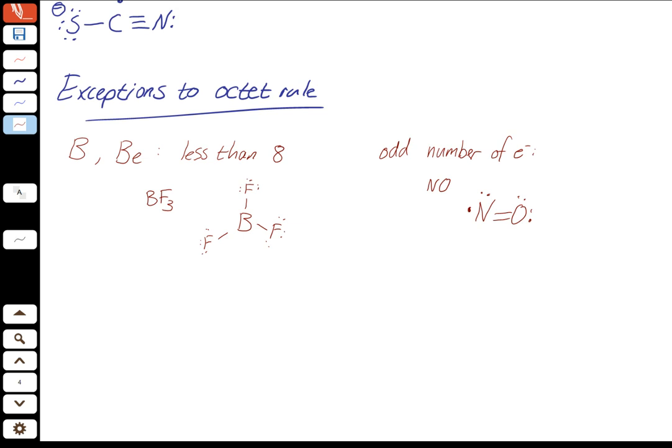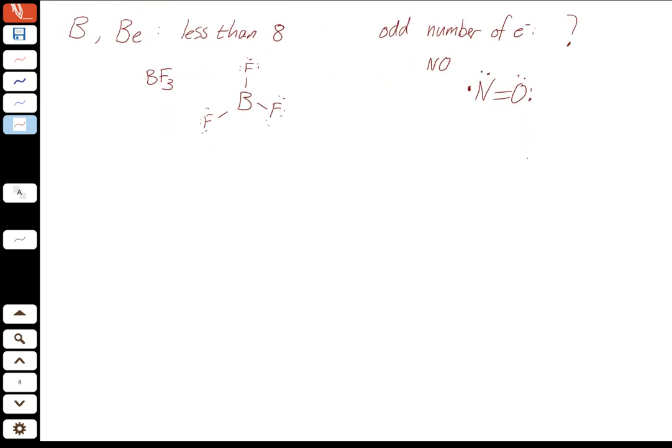And there's just, what are you going to do? So I'm just going to put a big question mark there. There's no great solution to this except it's just a failing of the Lewis model. So we do what we can. In the next chapter, we'll see the real solution to that. All right, and then